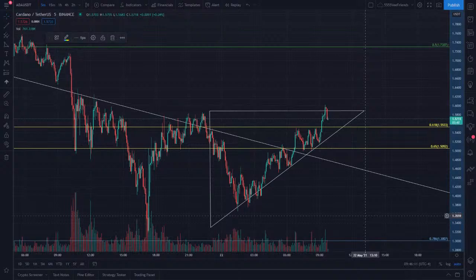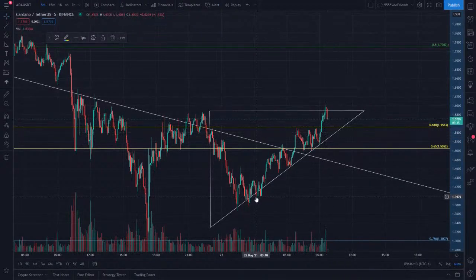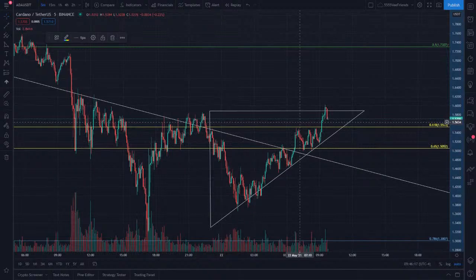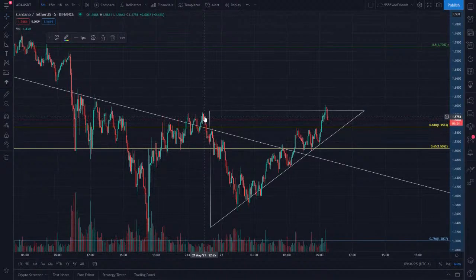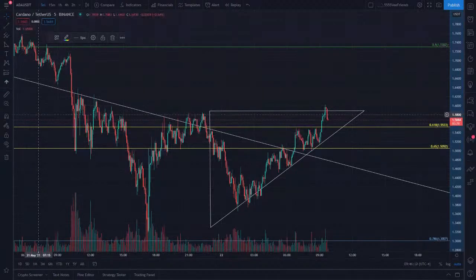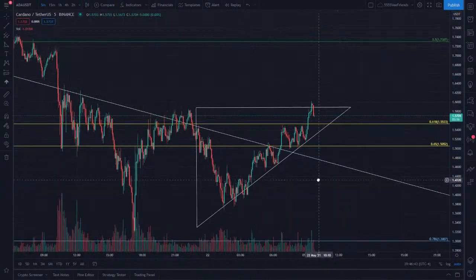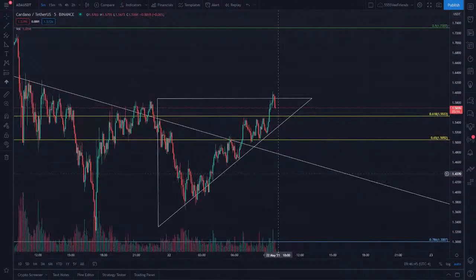So my initial thought was to draw a trend line here. But the difficulty that we have is there wasn't necessarily a tap, but there was a tap back here. So it's not drawn into the triangle. If there was a line going across this way, you can see that there's a clear situation. There's a clear level of resistance over the course of the past day or two. So we'll see how this goes. That's ADA.